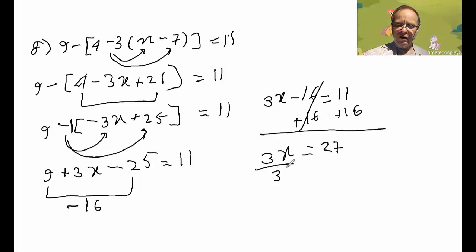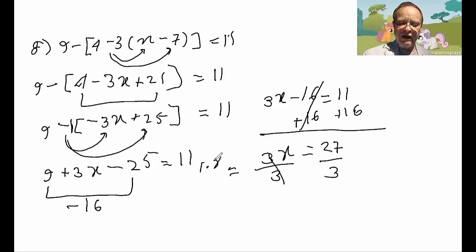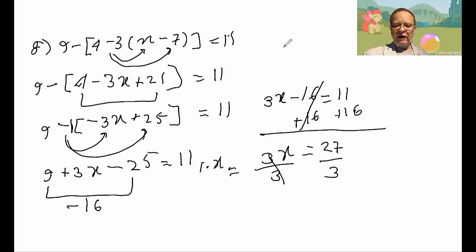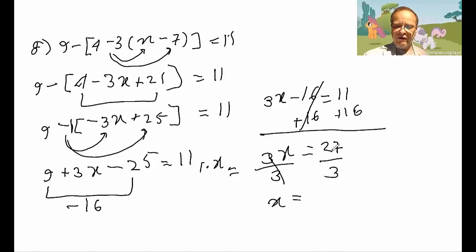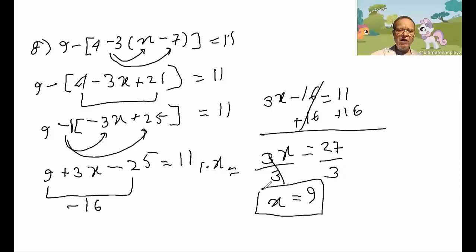And then we divide by 3 on this side, divide by 3 on this side. And remember, when we have two things, one over the other, that are exactly the same, it's the same thing as saying 1 times x. And that means x will be equal to 3 goes into 27, 9 times, and that is our final answer. Again, you can just check by plugging the x in the original problem and making sure you get the right